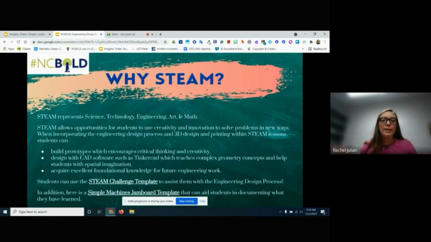So why do we need to incorporate STEAM? Well, STEAM represents science, technology, engineering, art, and math. I hear a lot of STEM being incorporated. I feel very strongly that art should be a part of that. Art is focused on creation and creativity, and it teaches the students those specific vocabulary words to help them visually design something to print. So like the elements and principles of art,